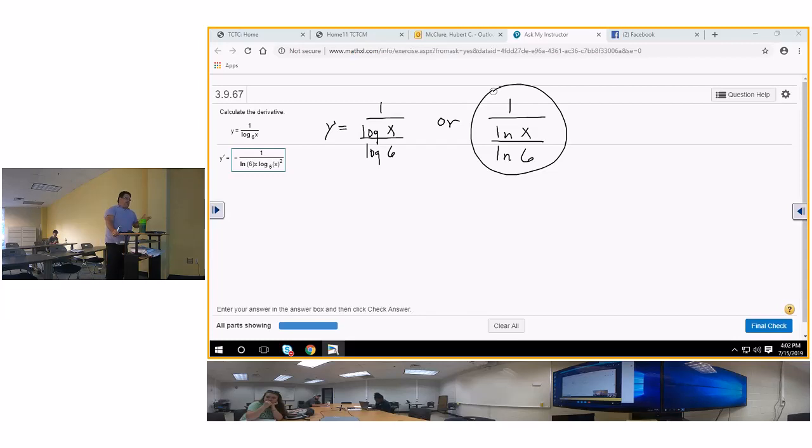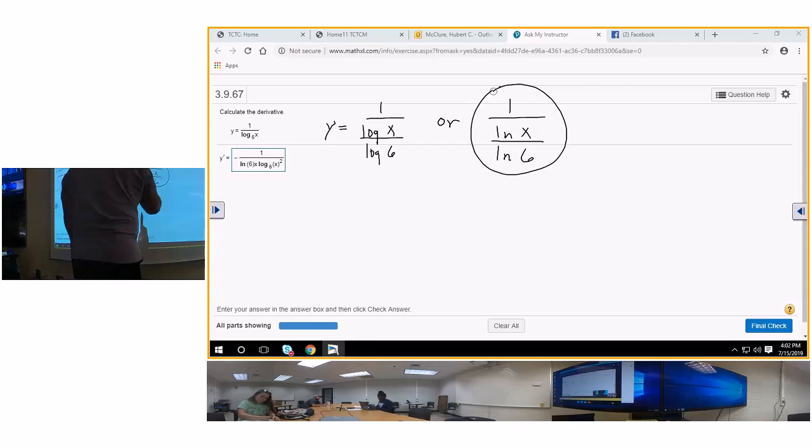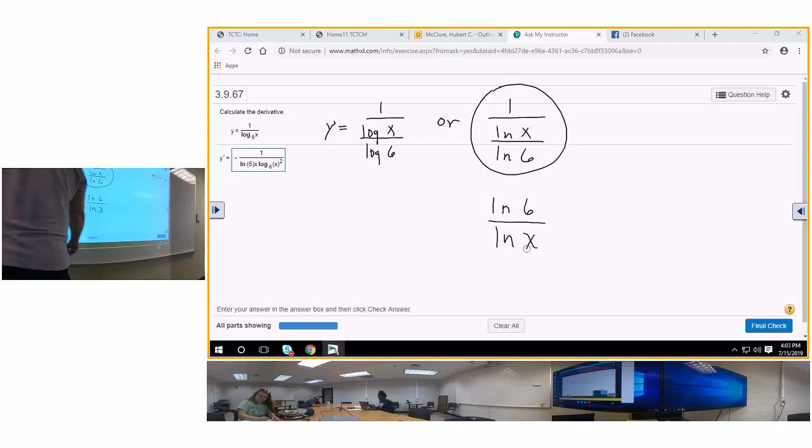That's because when you take the derivative of the natural log, and e to the e power, you use that a lot in diffy-q. All right, so if I divide 1 by this, I'm basically multiplying by the reciprocal, right? So that's going to be natural log of 6 over the natural log of x. So y